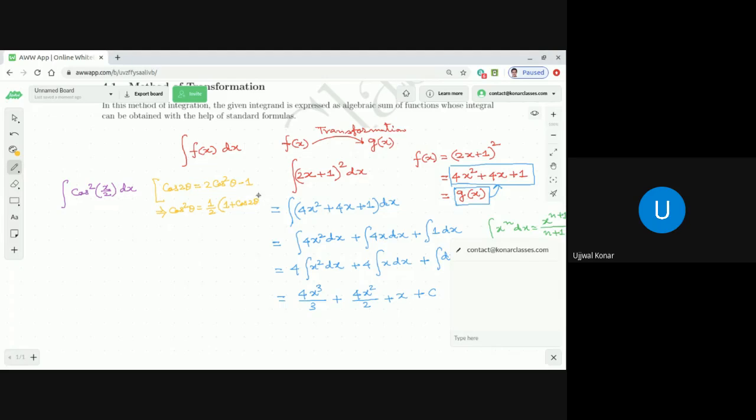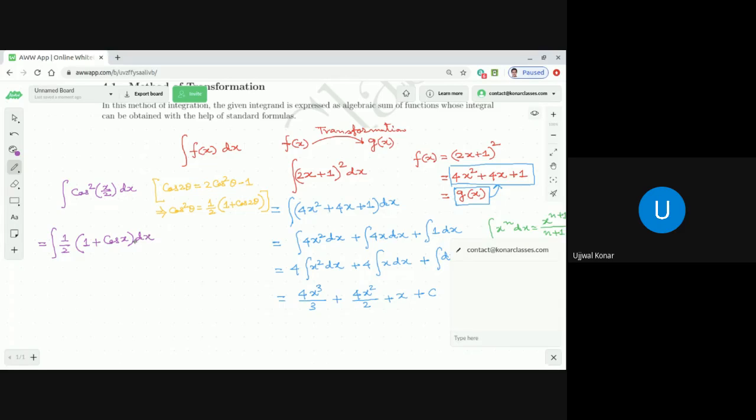All of you agree, dear student? Gurman, Sagnik, Disha, Srijita, Divyansu, all of you agree? Yes, sir. Okay. So now, instead of theta, we'll write x by 2. If we write x by 2 instead of theta, this integration now transforms to 1 by 2 into 1 plus cos of 2 into x by 2, that is cos x.